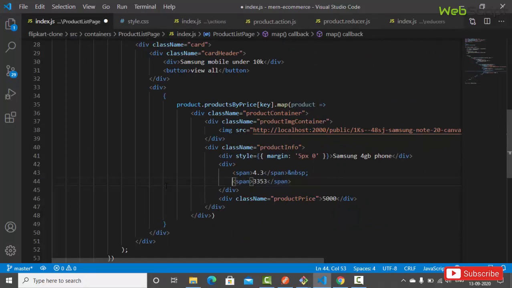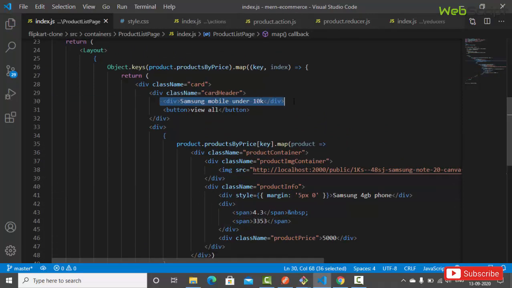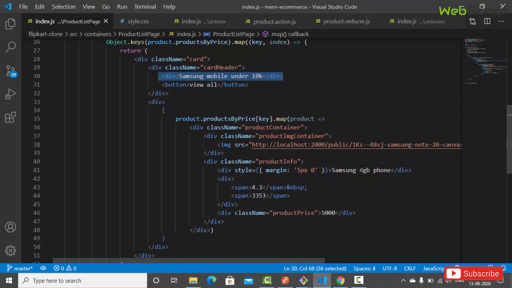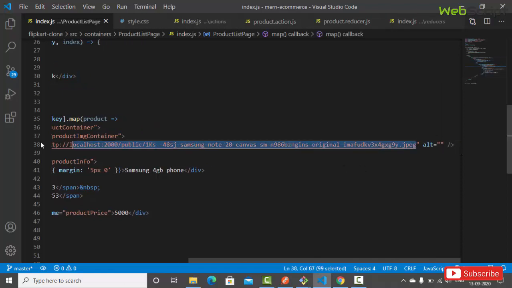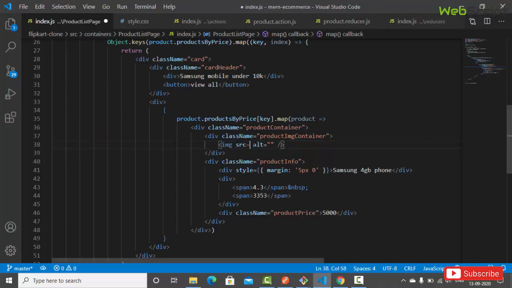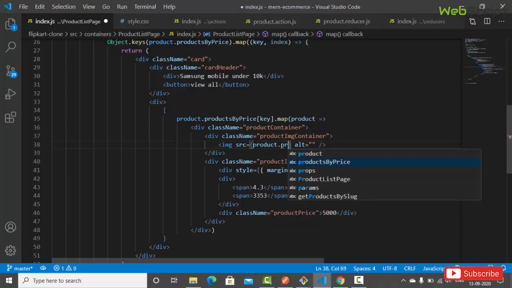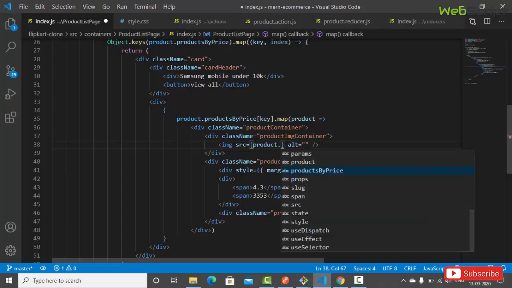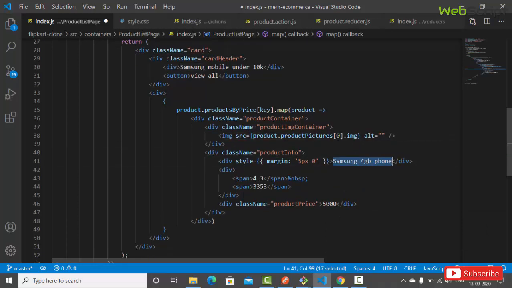So let's give it some space over here, save, and let's keep it Samsung under 10k. Okay, and here we are going to replace the image first. So let's go and remove the image, and here we're going to say product.productPictures, right? This is what we have in our database, productPictures[0], that is an array, and we can select a single image, right? And then we have the name. So here we can say